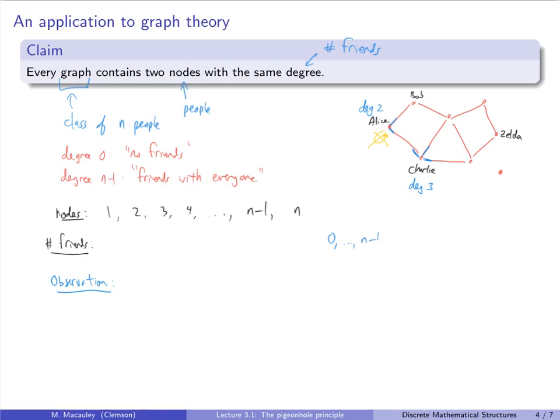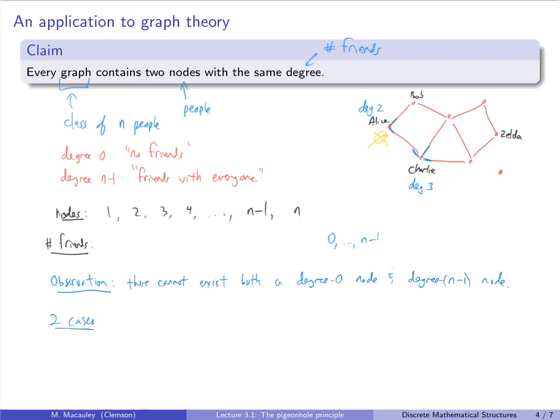So the observation is there cannot exist both a degree 0 node and a degree n minus 1 node. So in that case, we have 2 cases,